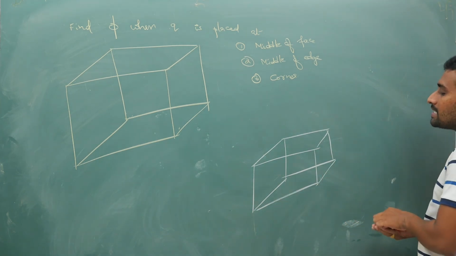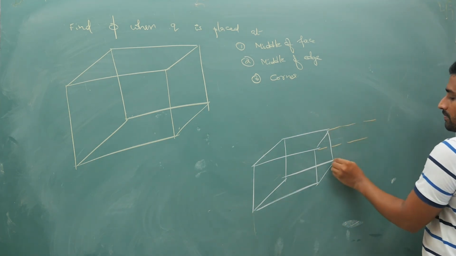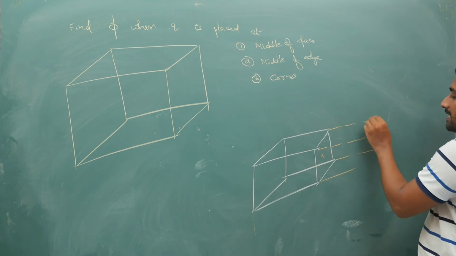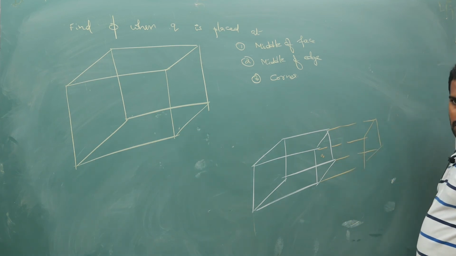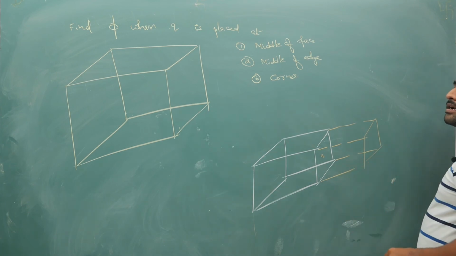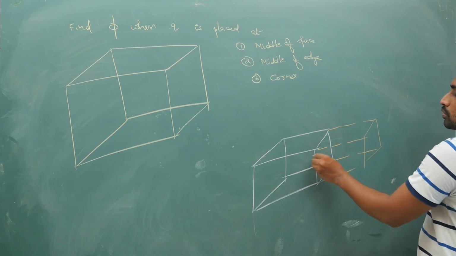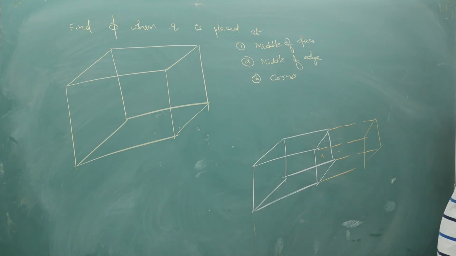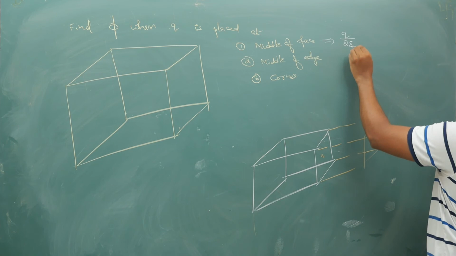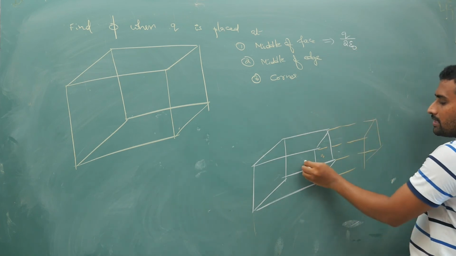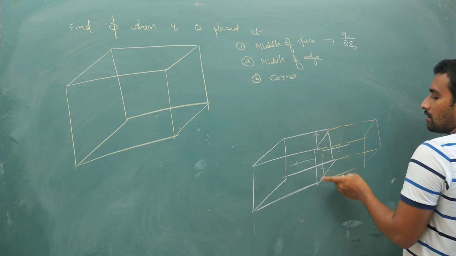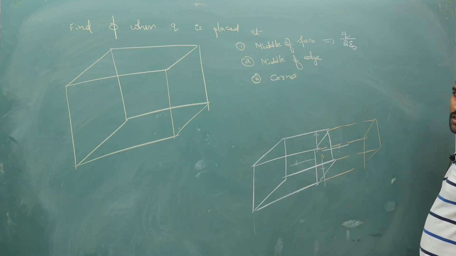Now when you place this charge Q here in the middle of the face, it will be shared by two cubes. If you bring another identical cube and close this charge, through two cubes the flux is Q by epsilon naught. Through one cube it will become Q by 2 epsilon naught. Getting my point? Two cubes will share the flux of Q by epsilon naught. One cube will share Q by 2 epsilon naught.